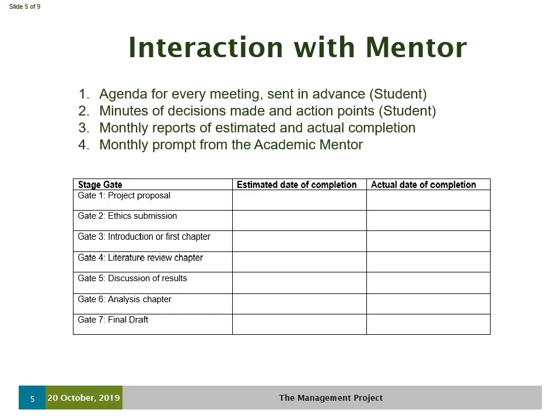So each of these gates will be effectively granted to you. So having submitted your project proposal, your academic mentor should tell you that that's gate 1. When you succeeded with your ethics submission, that can be gate 2, and so on and so forth. So over time, we build up a rich picture of where you are in the process. And it also makes it easier for you and your academic mentor to synchronize where you are within the process.